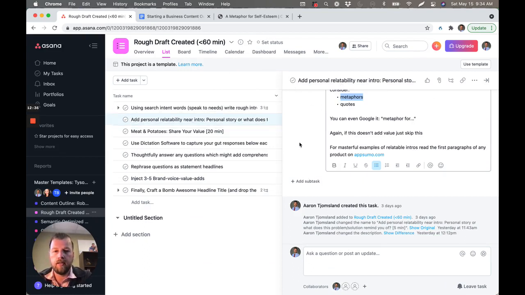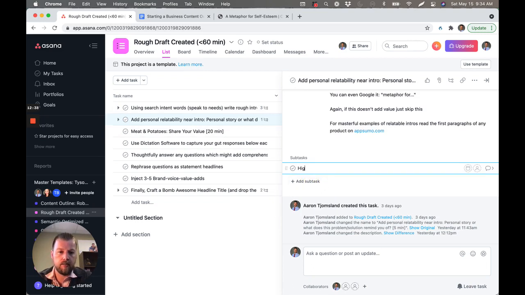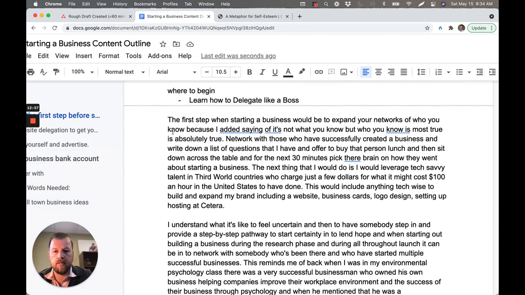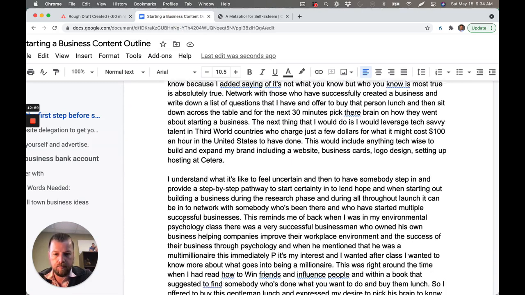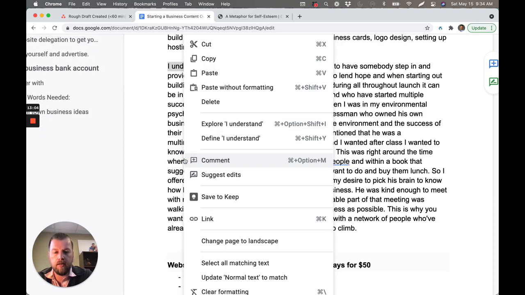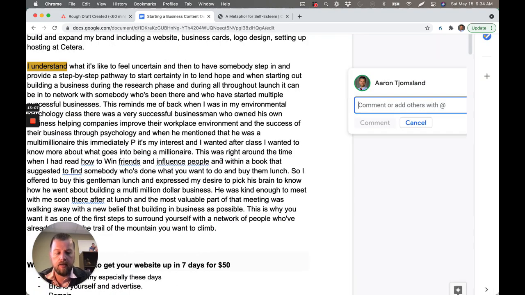Once you've done that, you want to highlight a comment stating story or metaphor. For example, I will come over here and highlight this paragraph, right click, put a comment, and say personal relatable story.